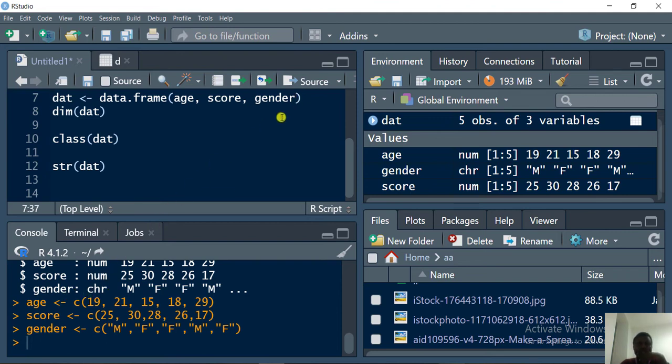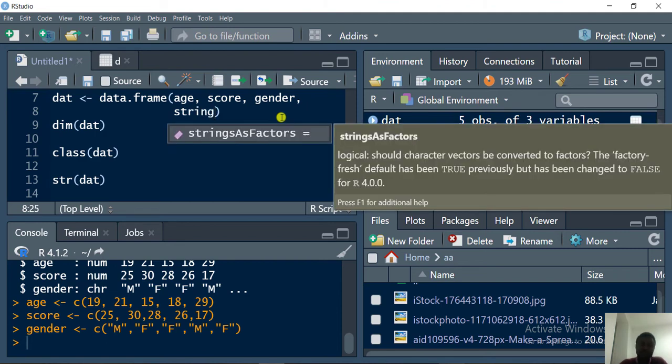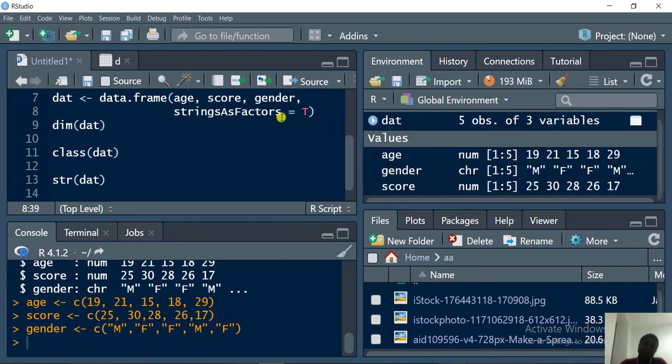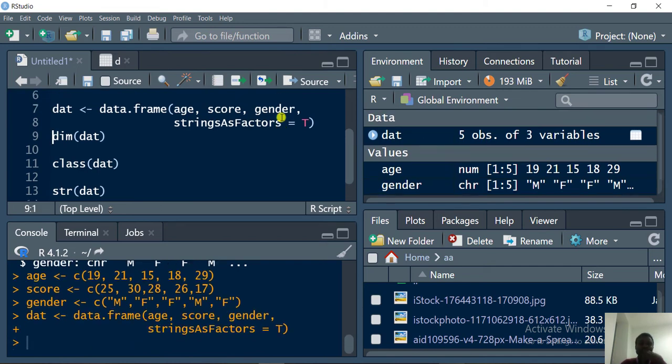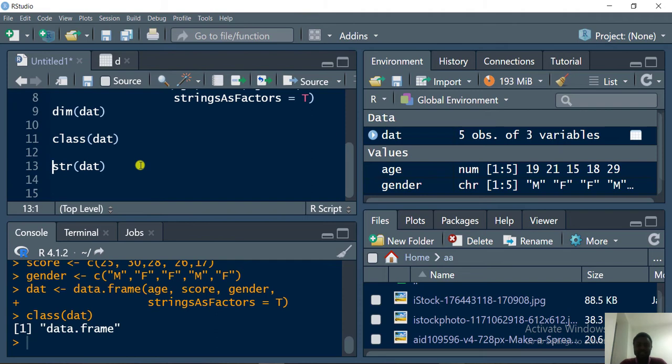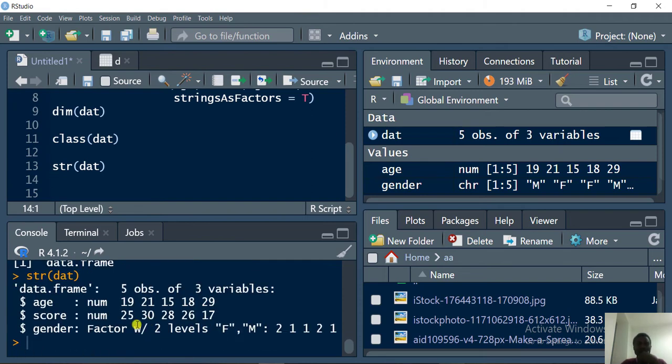So if I come to this place and I add a comma and an additional argument, and I say stringsAsFactors equals TRUE, and then I run this and go back again to check the class, I still have it as data frame. And I check the structure, you would see that the gender is no longer referred to as character. The gender is now referred to as factor with 2 levels, and that is the best way it should be,